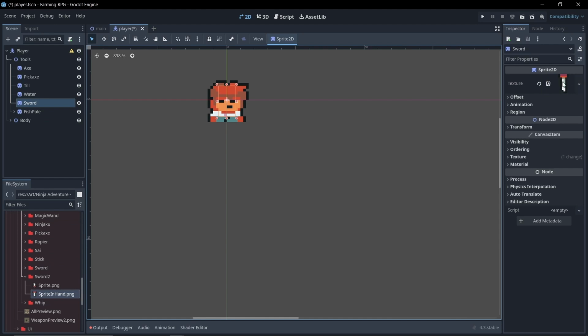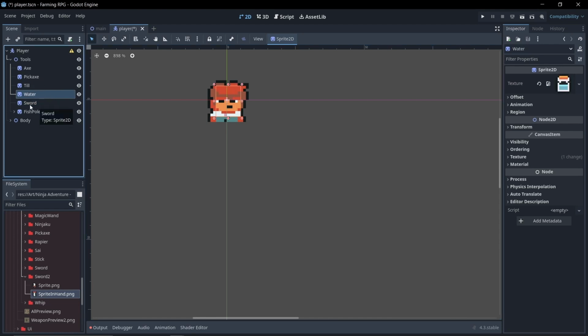There's the sample image, looks good, nice. All right, so we have axe, pickaxe, till, water, sword, and fishbowl, perfect. So that's gonna be every tool we have. All right, perfect. Now one more thing we need to add inside of tools is going to be an Area